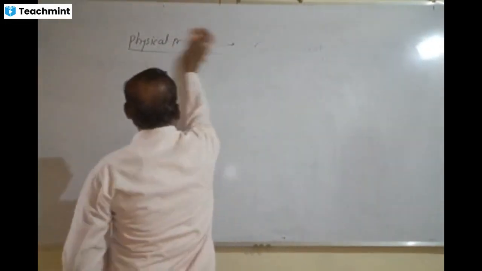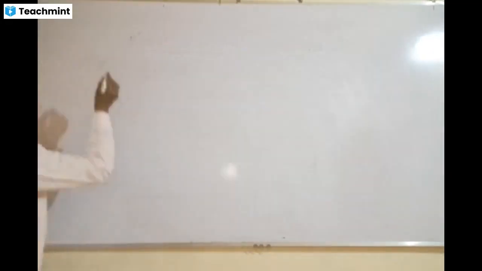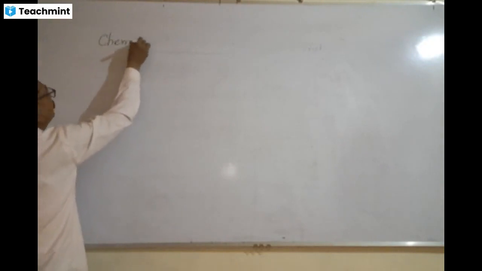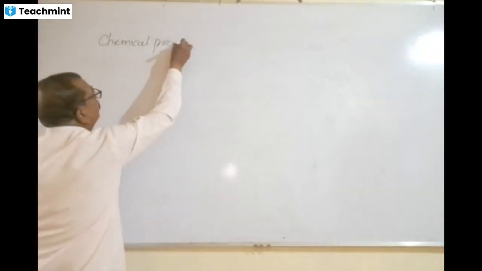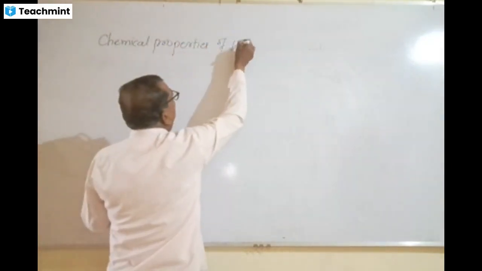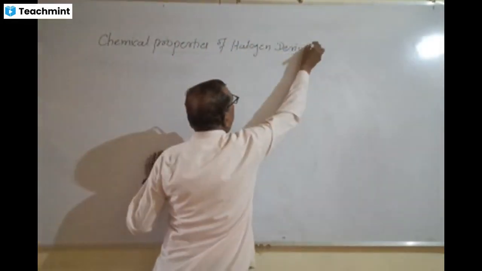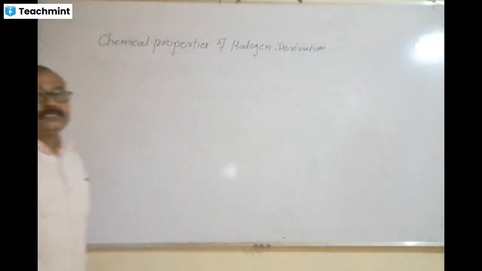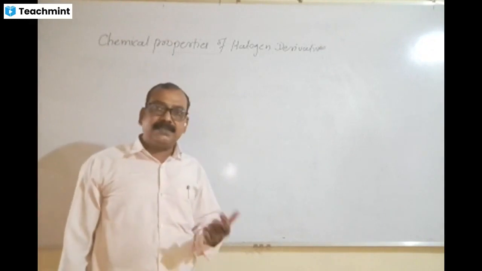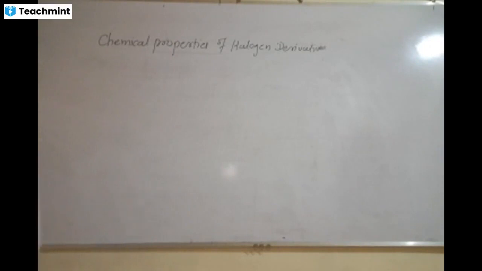The next point, some important chemical properties. Chemical properties of halogen derivatives. Some important chemical properties, that is the chemical reactions of halogen derivatives of alkanes, alkyl halides and haloarenes. First important chemical property, that is a